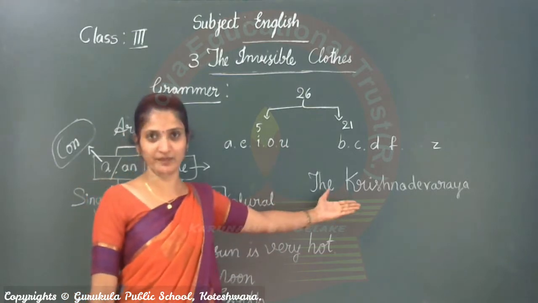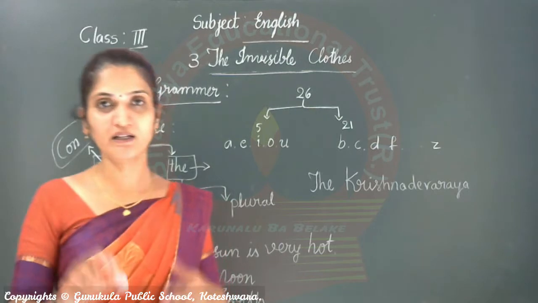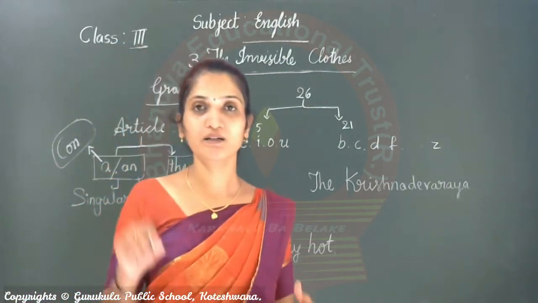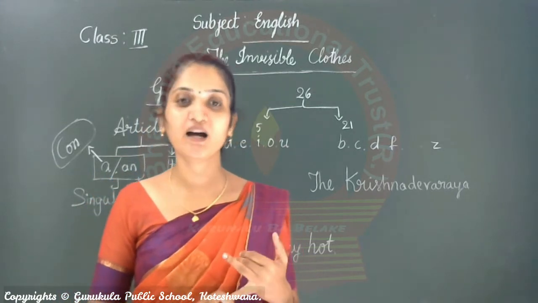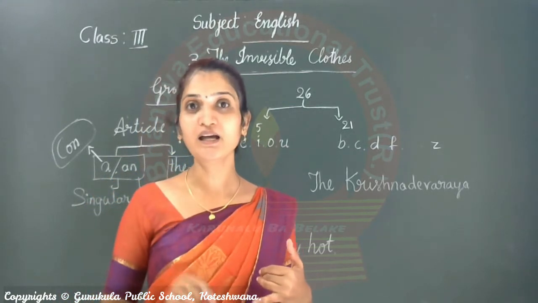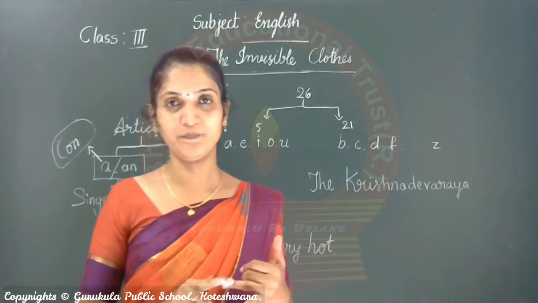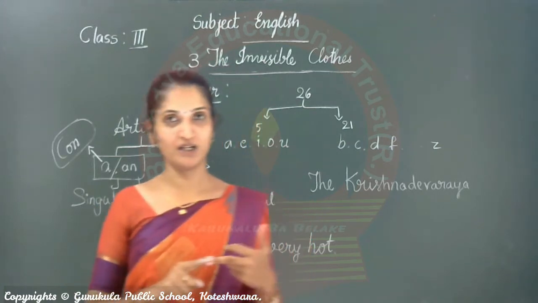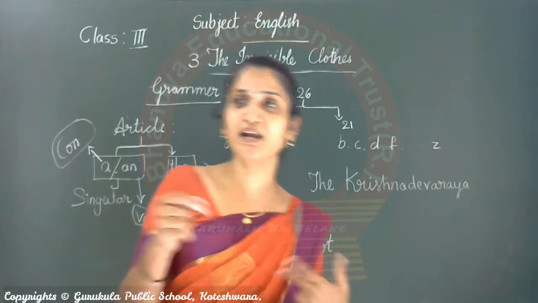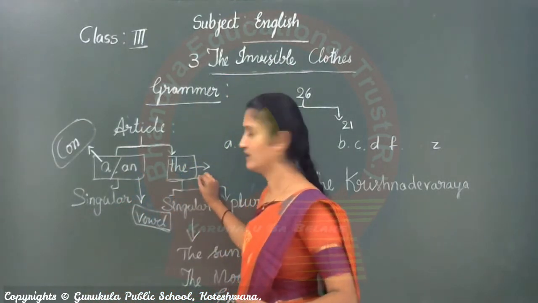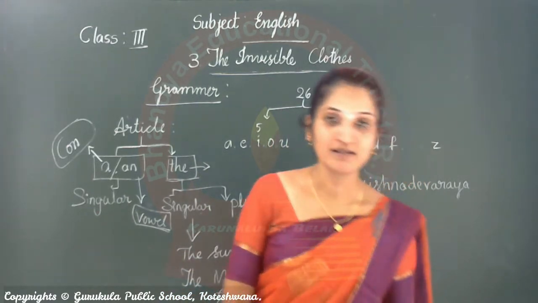A specific person name, right? The Tenali Raman. If it is a river, river is the common name. If it has a specific name, for example Ganga, we can't say "a Ganga", right? We say the Ganga, the Krishna, the Kumudvati. Like that, when it is a specific name, we can add this "the". Okay. Here they gave some sentences like this.